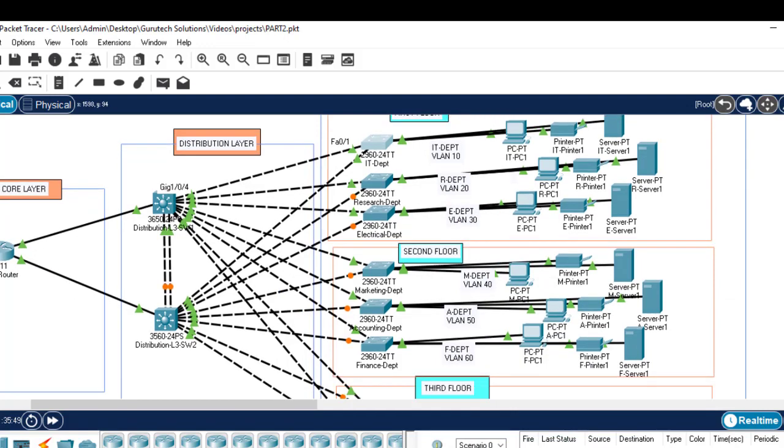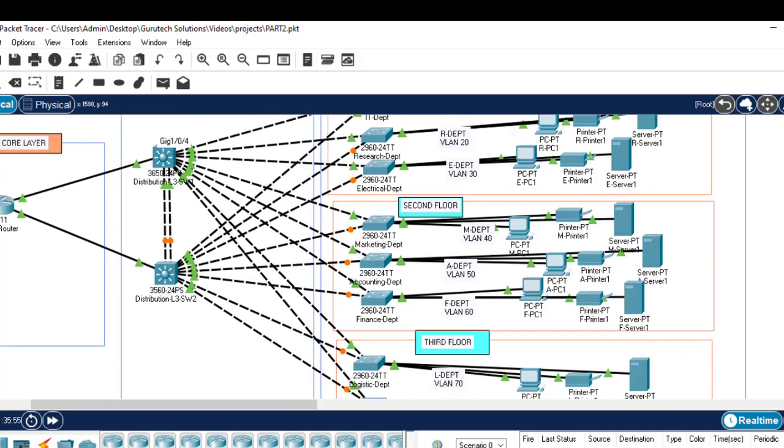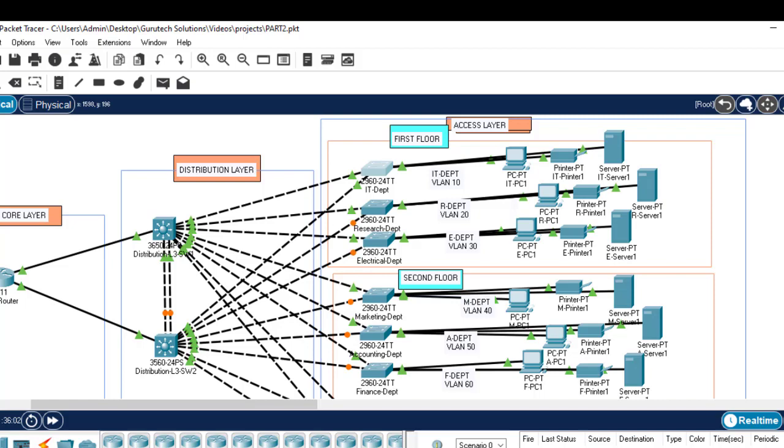Then to configure the remaining devices, we modified the configuration that we copied and pasted in every device, and in that case we have achieved full basic device configuration as per the requirement. So let's see